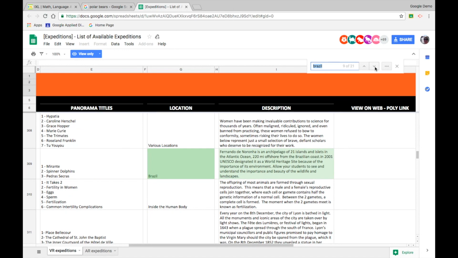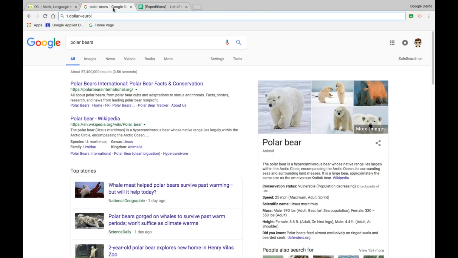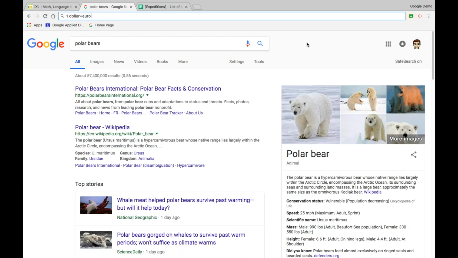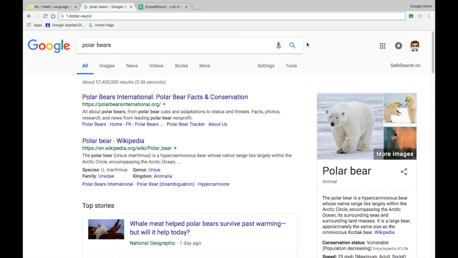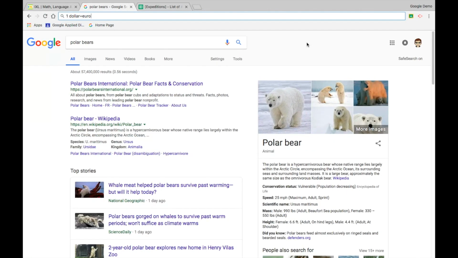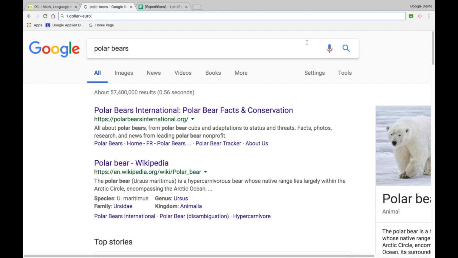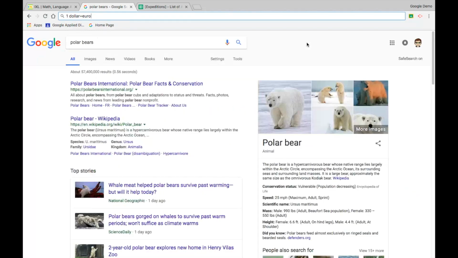Another quick tip is how to easily zoom in or out on a website. The easiest way is to type Control and the plus sign, or Command and plus sign if you're on a Mac, to zoom in, and then Control minus sign or Command minus sign to zoom out. And one of the things I like is using Control 0 or Command 0 to reset to the default. So if I zoomed in really close and I just want to go back to what it was, Control 0,